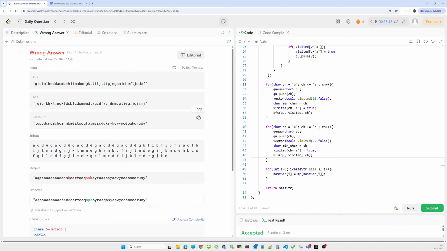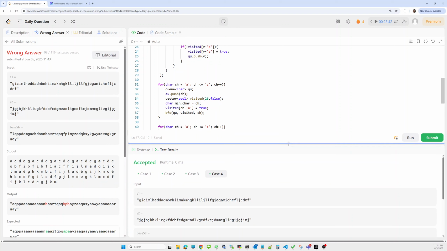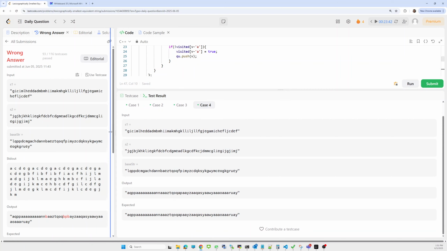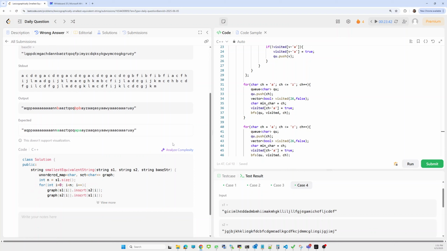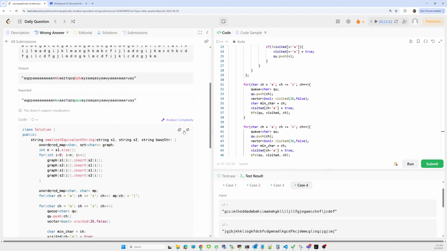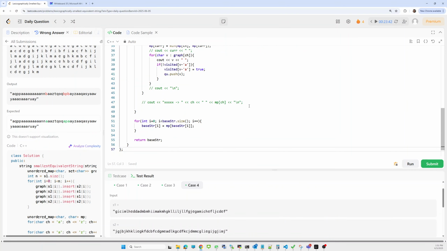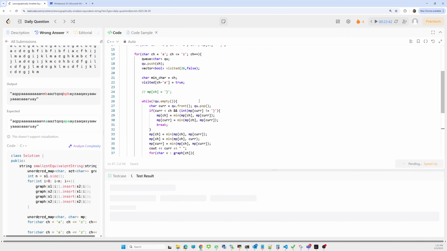Let me do one thing. I'll take this same example here and just check. What do we have to check? Let me copy this code once, only to show you in which scenario it is failing. And for now we'll add some cout statements for debugging purposes. It will be helpful.